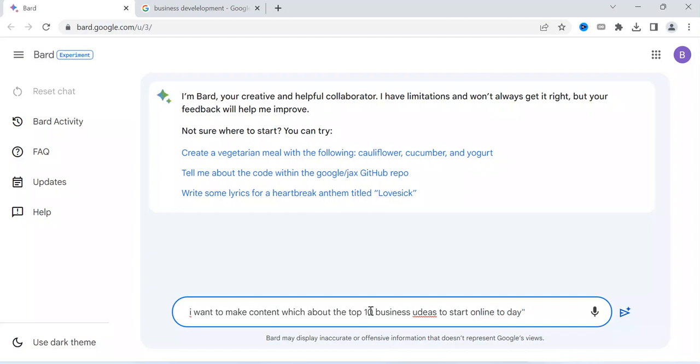So this is my content. I give it the topic that I want to explore. I put it in quotation marks to ensure that it includes this keyword, sentence, or title that I'm going to rank.